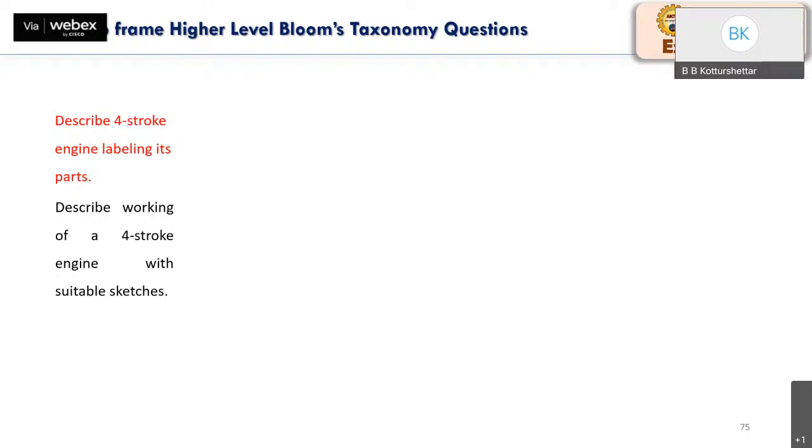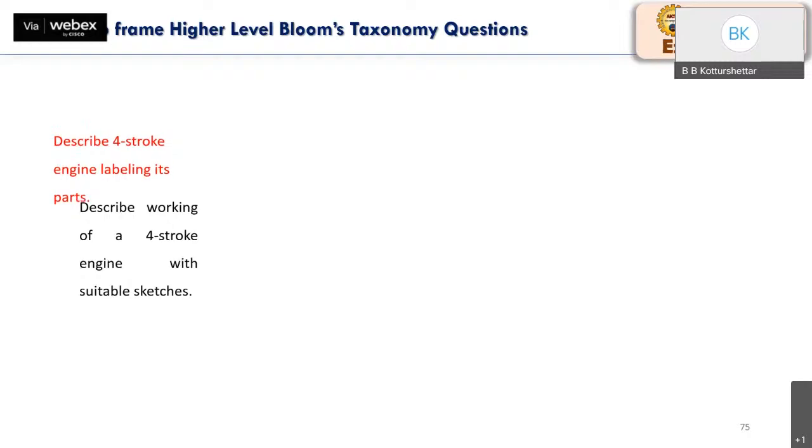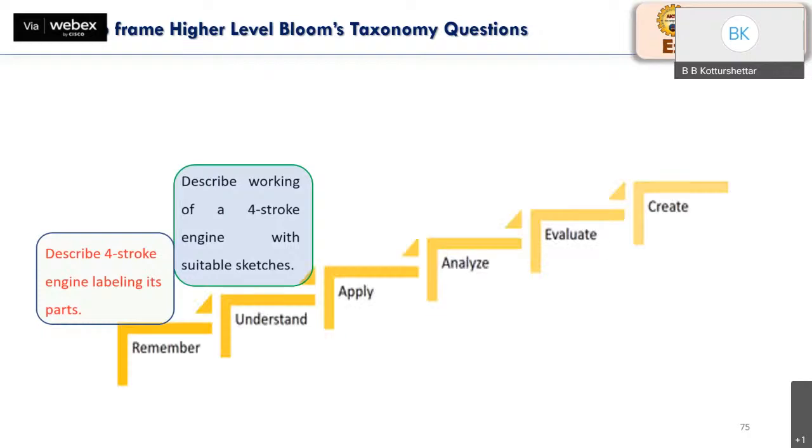So somebody is telling they are at different levels. Somebody is telling one is at level 1 and the other one is at level 2. Somebody is telling the one in black is at level 3. Let's see. So the one in red is at the remember level. The student can simply rely on his memory, and he can come up with his own description by labeling the parts. But now when he is asked to come up with suitable sketches,